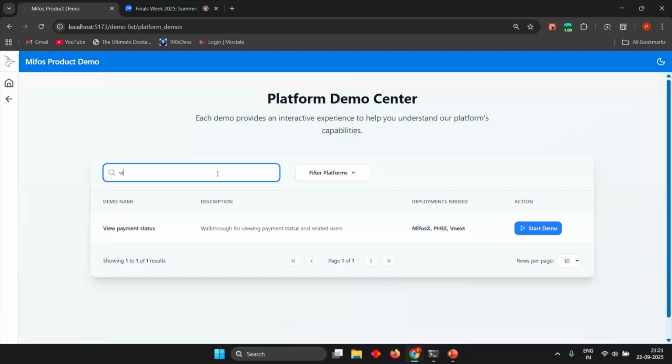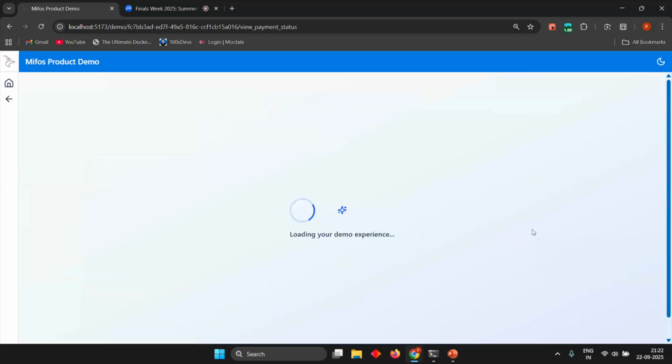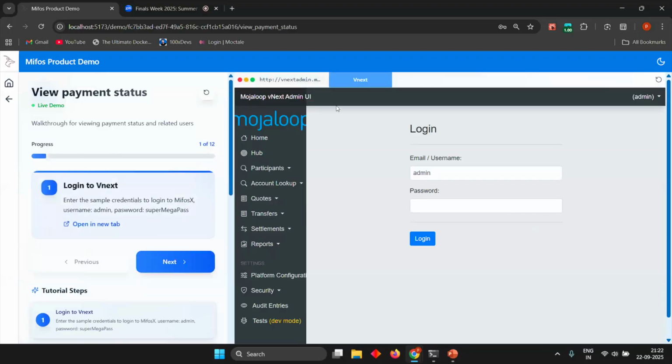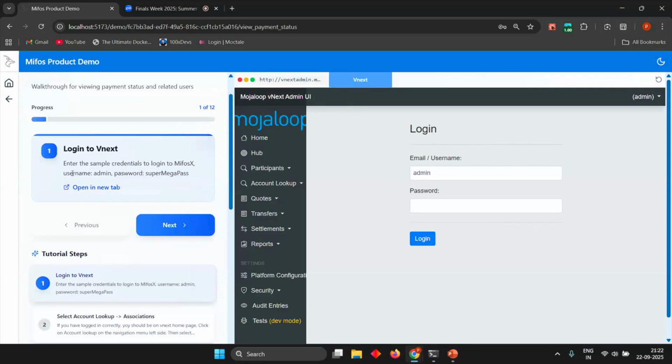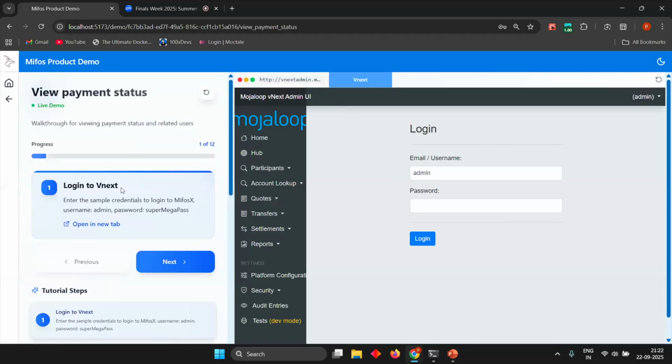For example, if I want to watch a demo of viewing a payment status, I can also filter the demos through the filter function, and then I can just start the demo. So these are interactive iframes of the demos, which you can deploy either on your local machine or on the cloud. And these are step-by-step instructions to perform all of the steps to complete the demo. Like the first step is logging into vNext. So as it is a demo to view payment status,